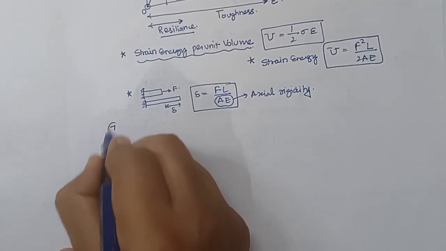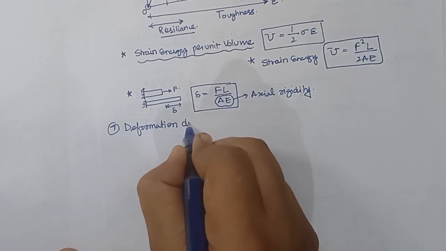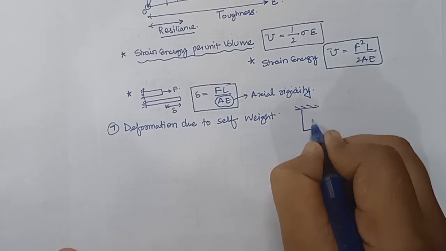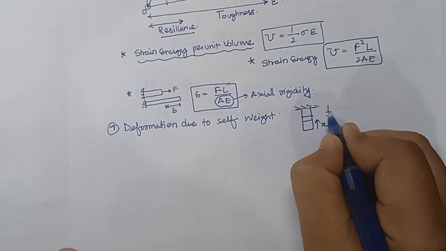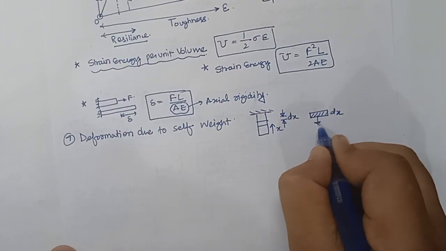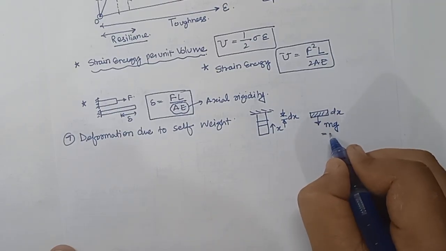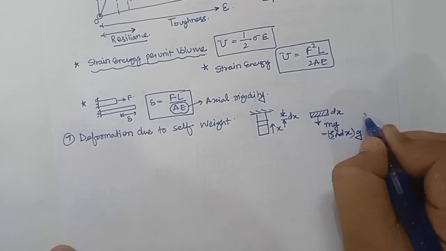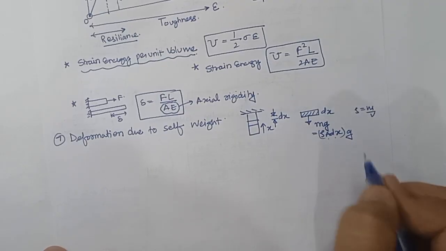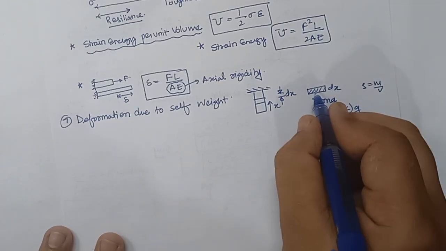Now next we have seventh, deformation due to self weight. So if I have a body and at a particular x, if I assume a portion dx, and I'm drawing it here, dx, the downward force will be what? mg, and m can be replaced by rho a dx g. Basically density is mass upon volume, and from here mass is density into volume, and volume can be written as cross sectional area into dx. So that's why I have written this, right? And this force is responsible for its deformation.